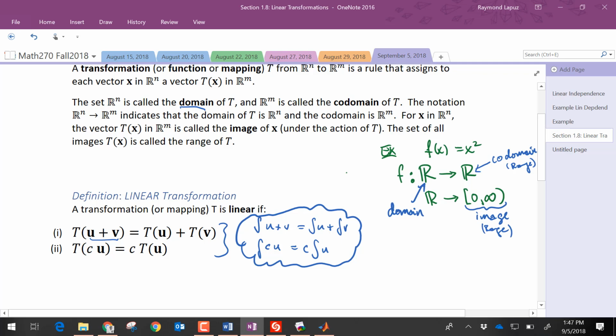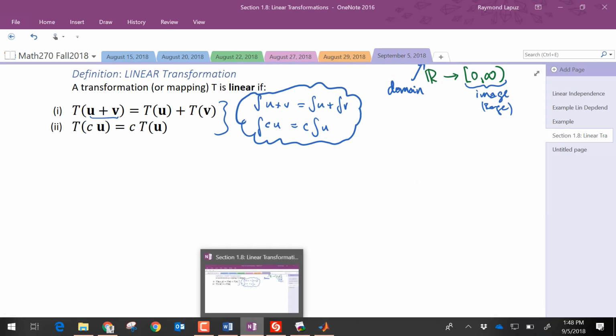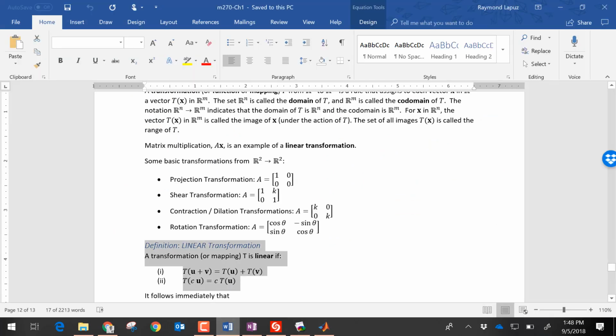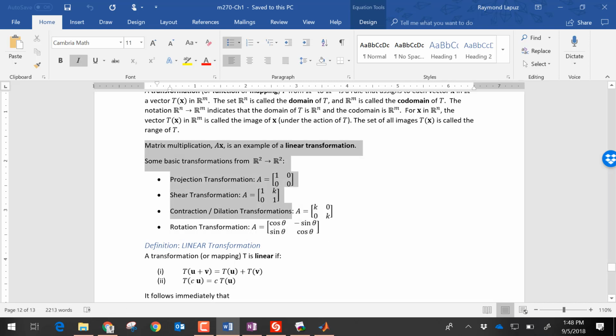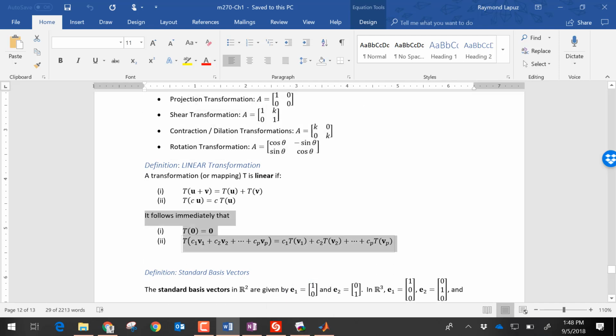So a linear transformation has these properties, and there are examples of transformations that don't work with these properties. But for those that do, we can actually express the transformation as something. These are examples of basic linear transformations. Oh, there's more stuff. It follows immediately that